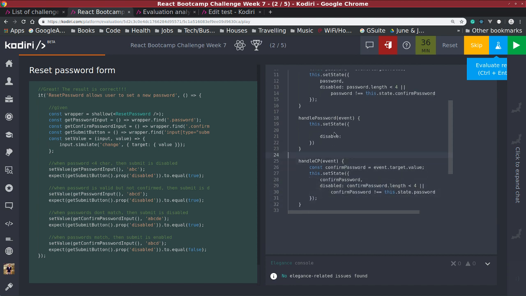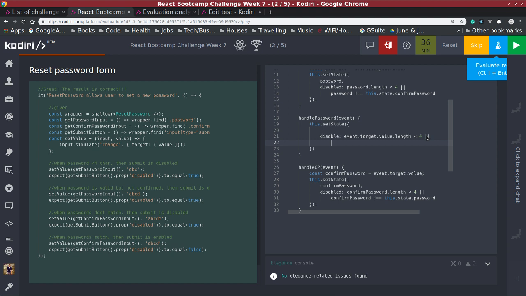So we need to check if event.target.value.length is less than 4. So we need to check if our input's length is less than 4 characters long, then that's going to be disabled, or if our input doesn't equal